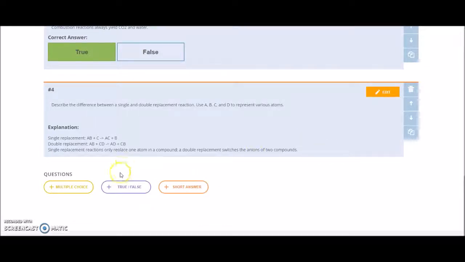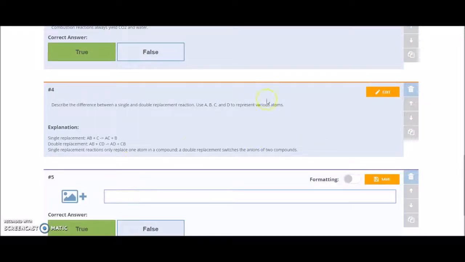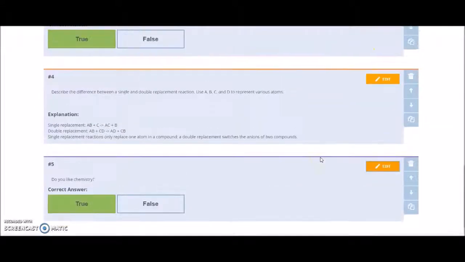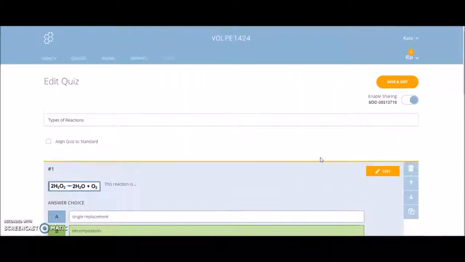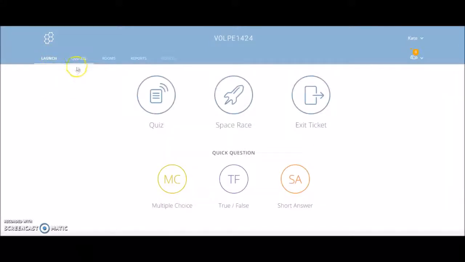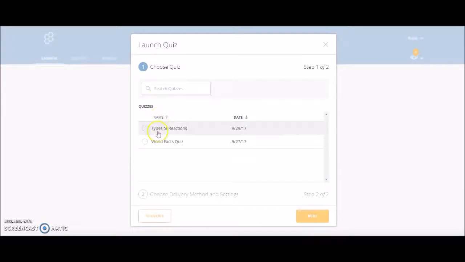So say I wanted to add a quick question, I can hit true or false, and I'm adding the question. I can put in a picture if I wanted to. Let's say, do you like chemistry? I know the answer is probably going to be false, but I'm going to try my best anyway. And there it is. I hit save, and it is now saved into my quiz. And when students take it, they have the answer. So I hit save and exit now that I've made my quiz, and I can launch a quiz for my students. So what I would do is I'd go into quiz, pick one,